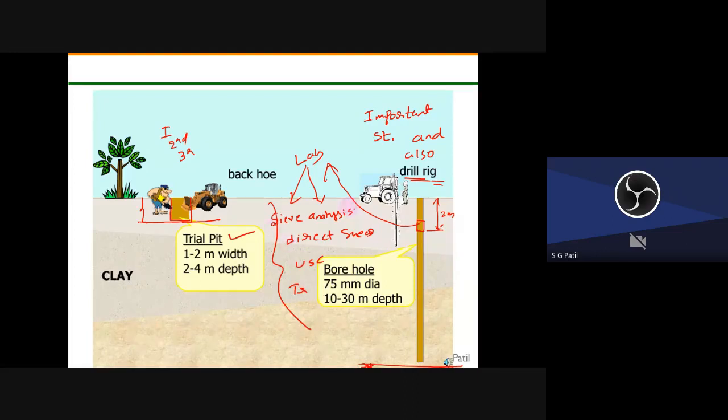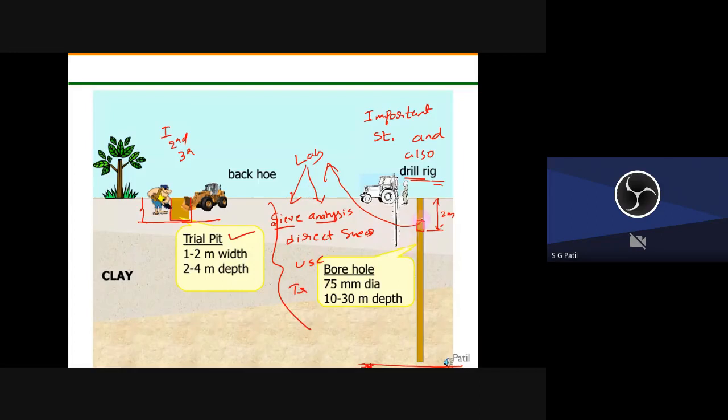Okay, so all these tests will be performed in your next semester lab. In the 7th semester we have a lab called the geotechnical engineering laboratory, and in that lab we'll do all these tests: grain size analysis, specific gravity, direct shear, UCS, triaxial, vane shear, the Proctor compaction test, permeability tests. Many tests are there, and those tests we will do.